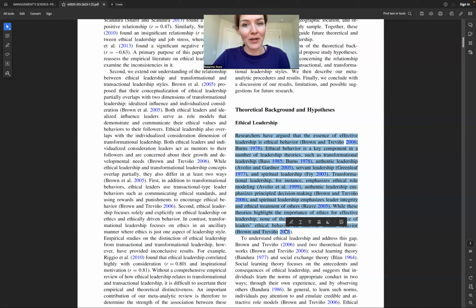But if you saw, for example, instead of ethical leadership, you saw leader behavioral integrity, I would not use that article for my research question because it's actually capturing something a little bit different. The definition of leader behavioral integrity will be a little bit different than ethical leadership. The way they study it will be a little bit different. And so it's not clear that the findings from a study on leader behavioral integrity would transfer over to one on ethical leadership. Again, because you have so many papers available, you might as well just find one that most closely matches your research question and uses the terminology in your research question.